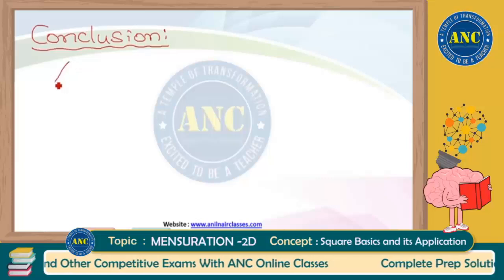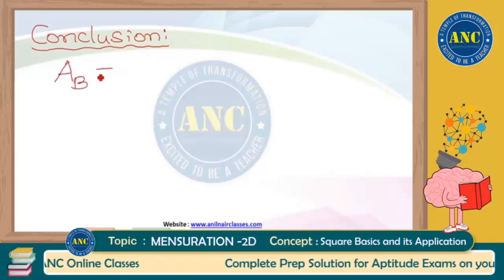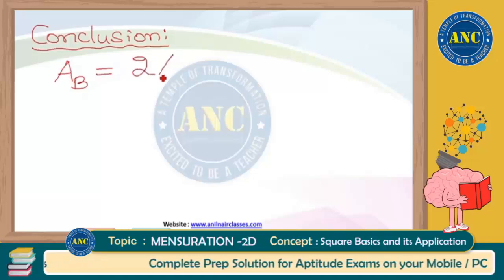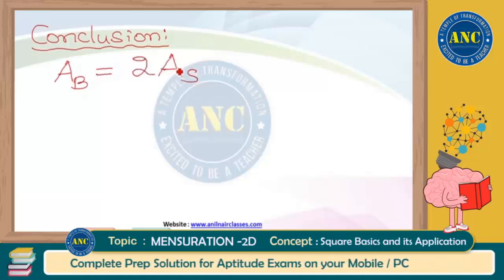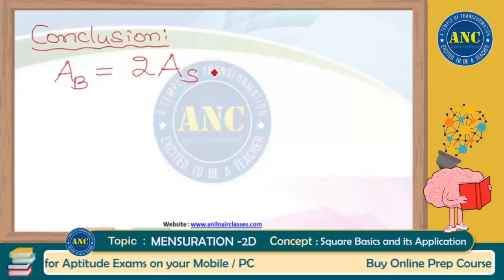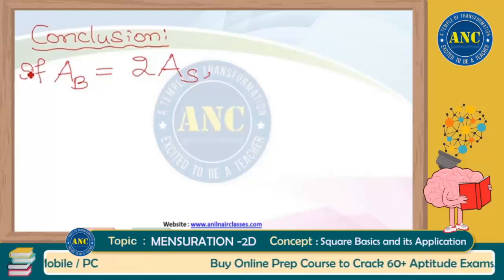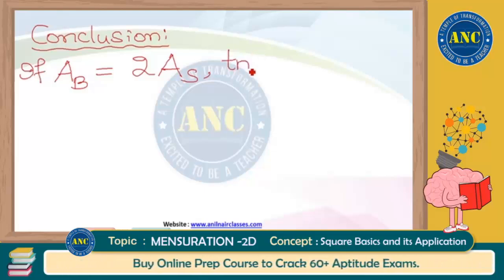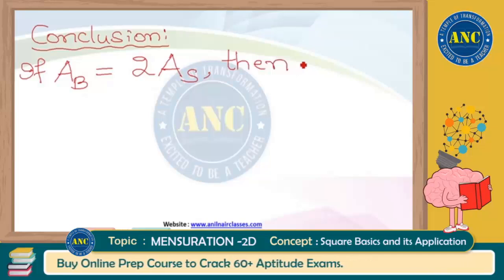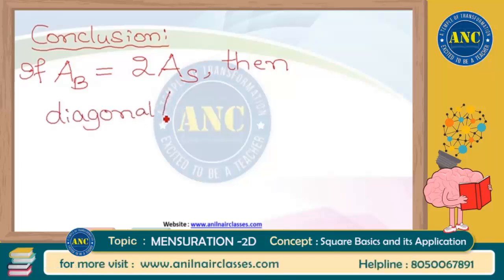If the area of the bigger square is 2 times the area of the smaller square, this is an if condition, then the diagonal or side of the bigger square